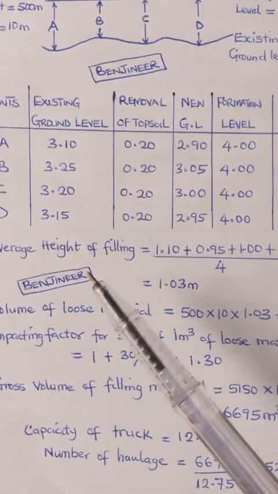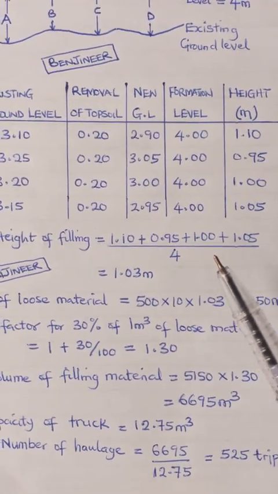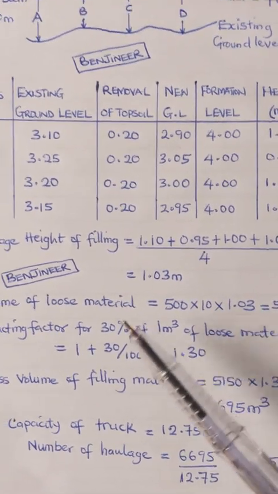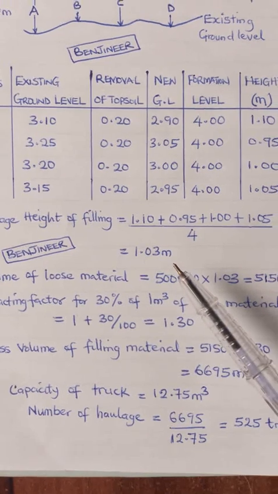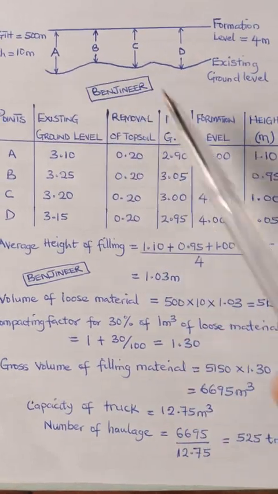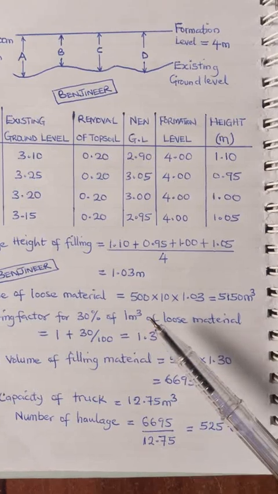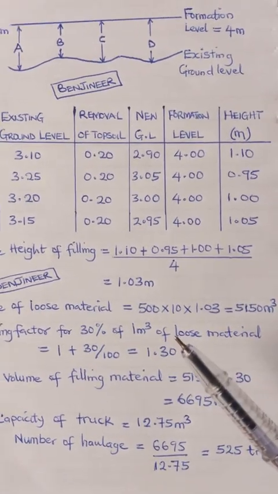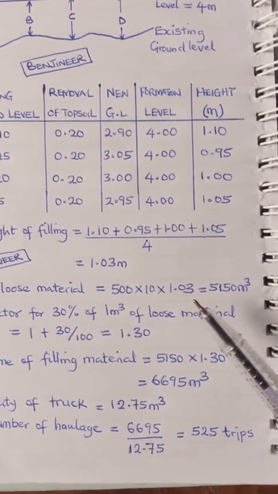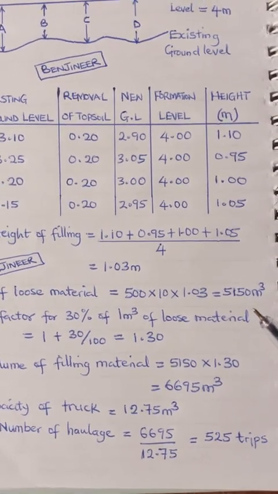So the average height of the field becomes 1.10 plus 0.95 plus 1.00 plus 1.05, divided by 4. The average will be 1.03 meters. So this is the average height along this length of 500 meters. So the volume of loose material becomes the length times the width, that gives us the area, times 1.03. That gives us the volume. So we have 5,150